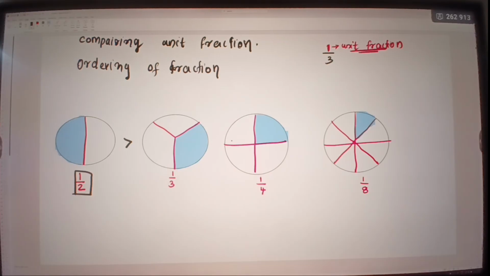So it has more region. 1/3 has less compared to half. Quarter has less compared to 1/3, and the lowest is 1/8. So now look at a. So when you look at these fractions, unit fractions, we can see as the